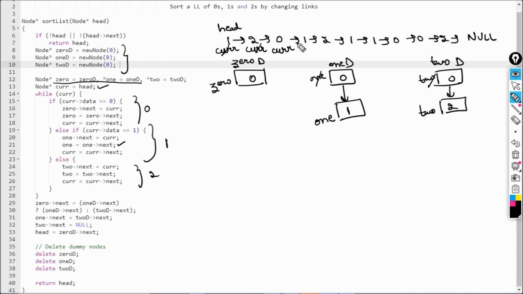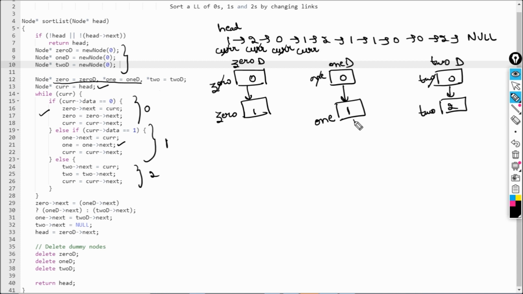Like this. Okay, now next thing is 0. So I need to go to this condition, do zeros next is equal to current. So current is 0 now. So this is my zeros next, and I have put current here, right? Then do zeros is equal to zeros next. So zeros will be removed, and this will be zeros next, and do current is equal to current's next, right? Okay, now we have 1 again.